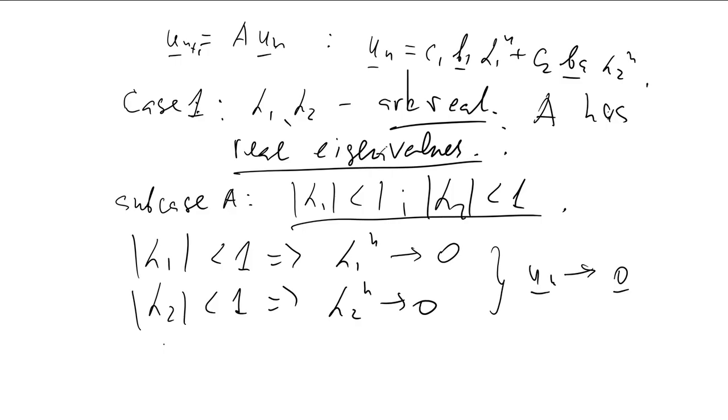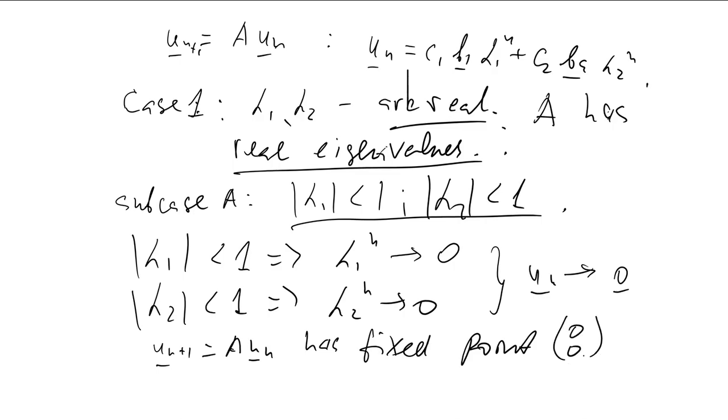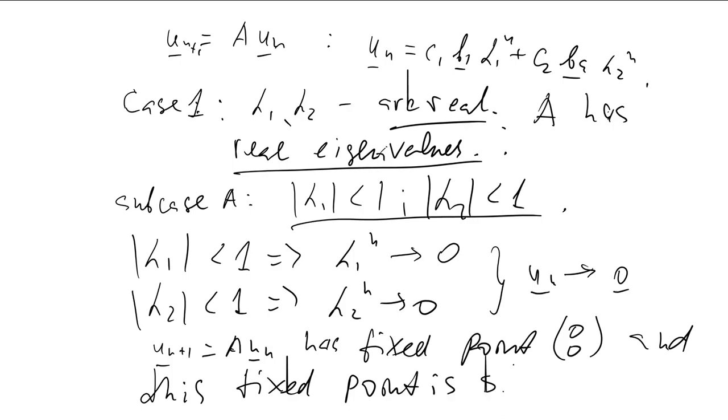What we get here is un plus 1 equal to A un. So this anyway has fixed point 0, 0, and this fixed point is stable. So this is what we conclude for this case, and we introduce